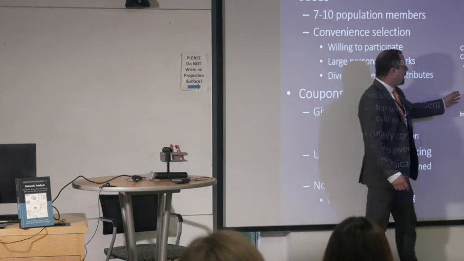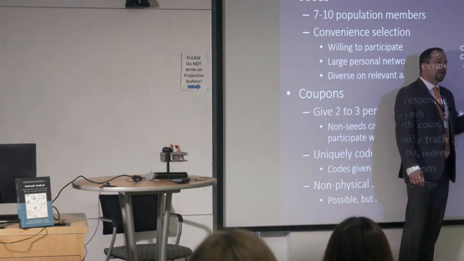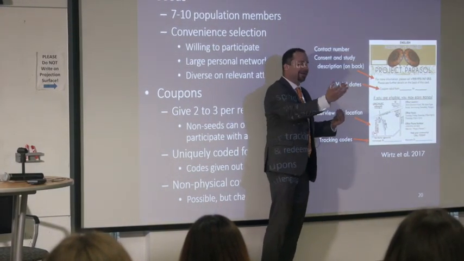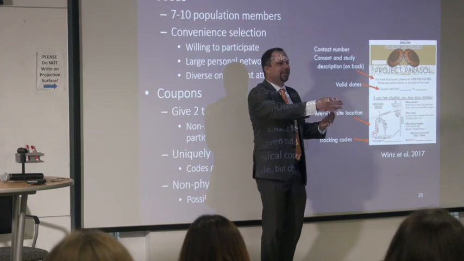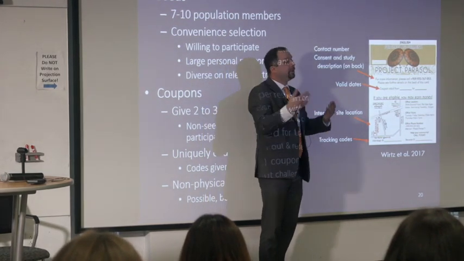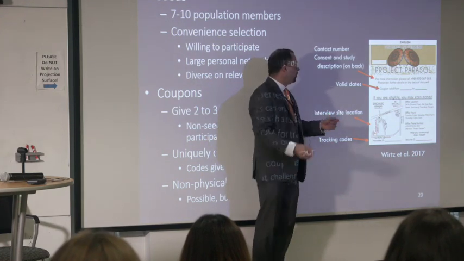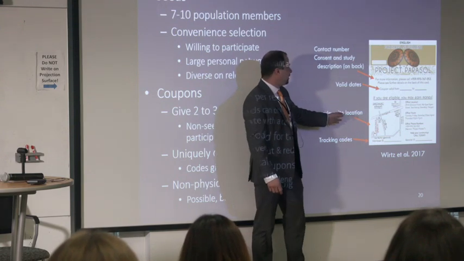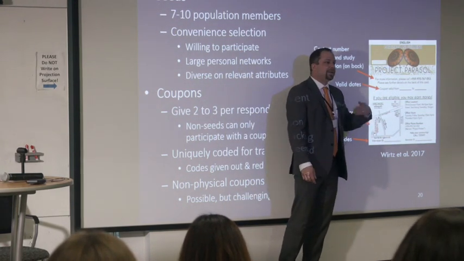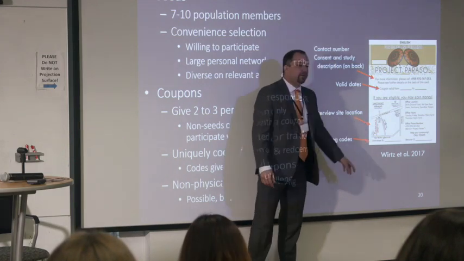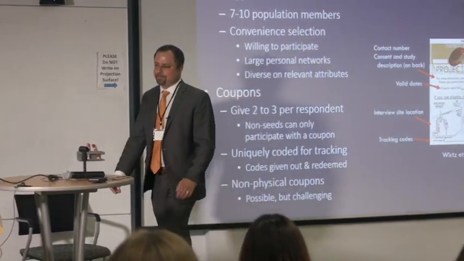Coupons typically are used to track these chains of recruitment, so I can tell that I gave you a coupon, and then the coupon that you gave to, say, Jimmy Adams in the back, I could tell that you were the person who had it, although nobody else can because it's anonymized through basic coupon numbers. There are other features of the coupons: typically you want to put a valid date so that they're not sitting out there forever, and describe where the survey site is and the details of the study.